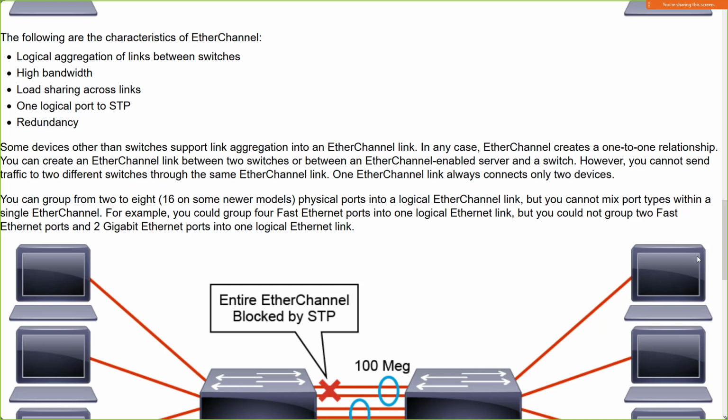Some of the newer switches even let you go above that. But if you are doing EtherChannel, and I'll talk about this when we get into the load balancing section a little bit later on, you want to try and maintain load balancing numbers in binary pairs, right? So do two links or 4 links or 8 links, but don't do 3 links or 5 links and so on, because you'll definitely get polarization if you create an EtherChannel with, say, 3 links or 5 links, and it has to do with how the links are assigned